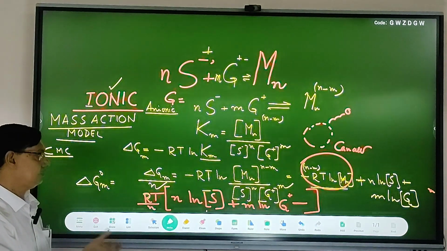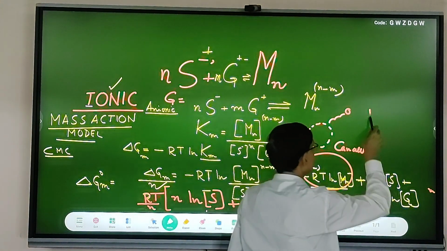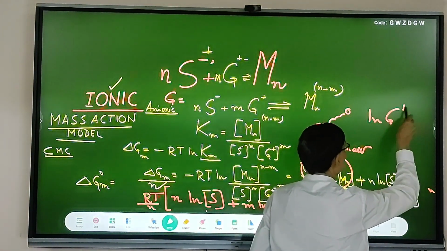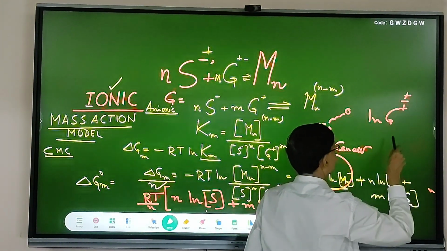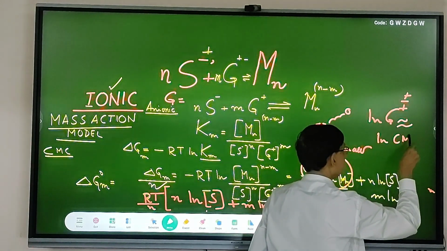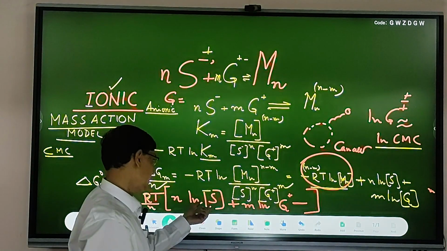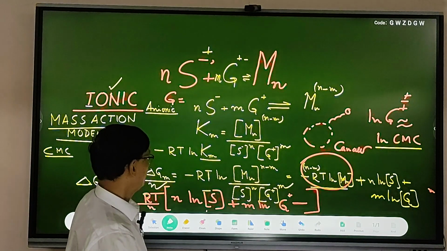So if this concentration is very high, then natural log of G plus or minus whatever it is is also considered as a CMC. And of course, this is also considered as a CMC. So what we do,